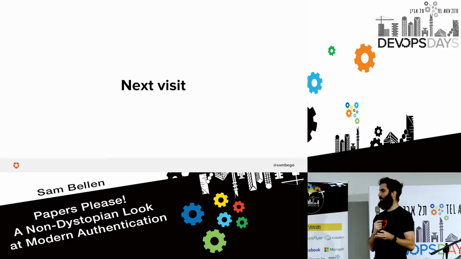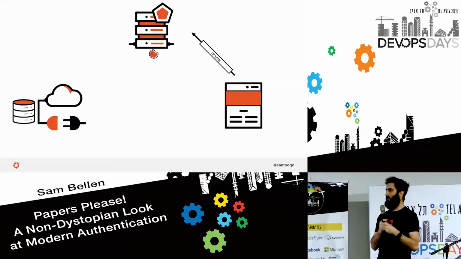But the next time the user visits, it doesn't want to authenticate again because it did this before, and you don't want to enter your credentials again and again and again. It's annoying. So you do a silent request in an iframe, and you just request the new tokens, but because this cookie has been set from this domain and is saved in the browser, the cookie should actually be at the bottom right,